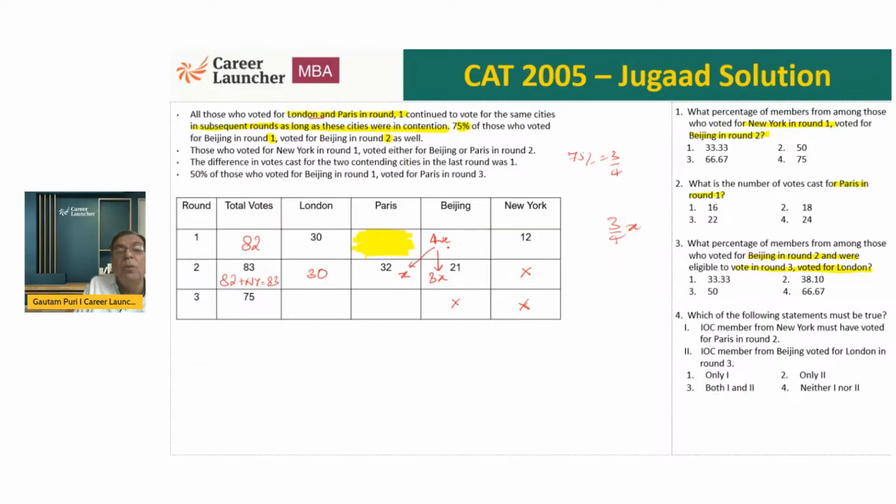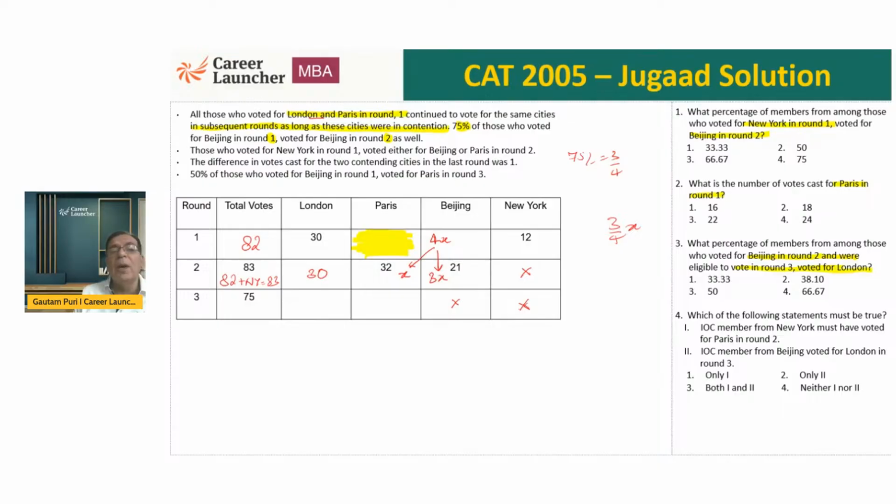All the people who voted for Beijing in round 1, some of them have decided to vote for Paris in round 2. None of them have decided to go for London, because otherwise London would have been more than 30. Right? So no extra votes for London from round 1 to round 2. Only its old companions have continued with London. Okay, perfectly fine. No issues, I hope. Okay. Now,